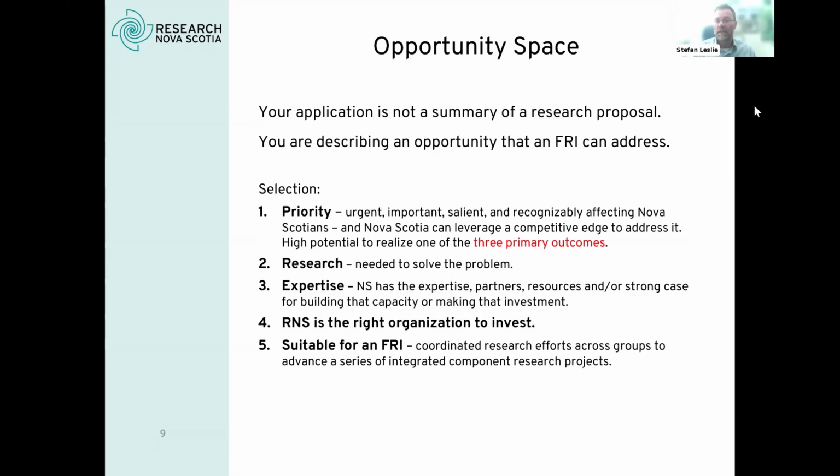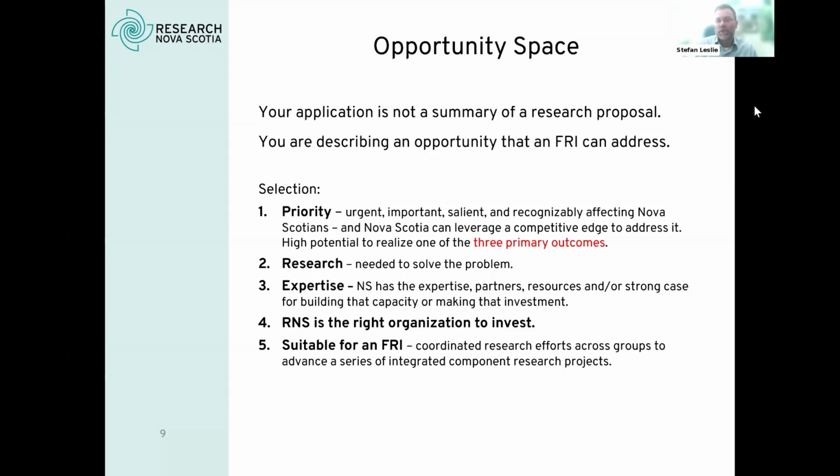And they are selected, and this is from the opportunity guide, on these 5 different areas. And you'll see if you leap down to number 5, that's the one segment where you have the opportunity to describe what the FRI, if invited, will actually do within that opportunity space. But the rest of what this is evaluating is, how is this a priority? Why is this important here and now to get on with this,